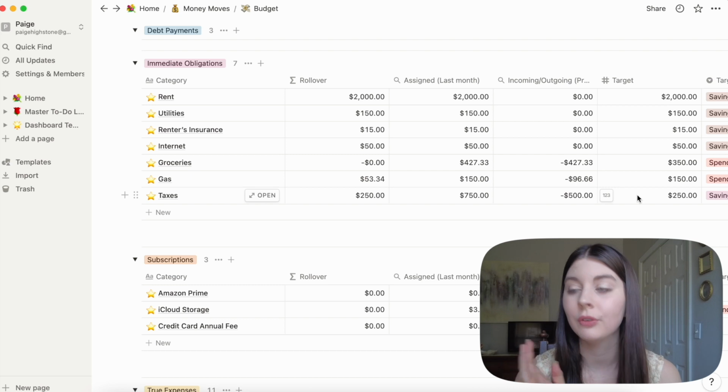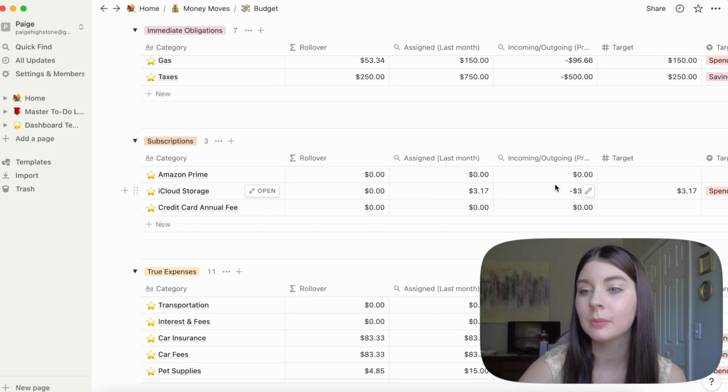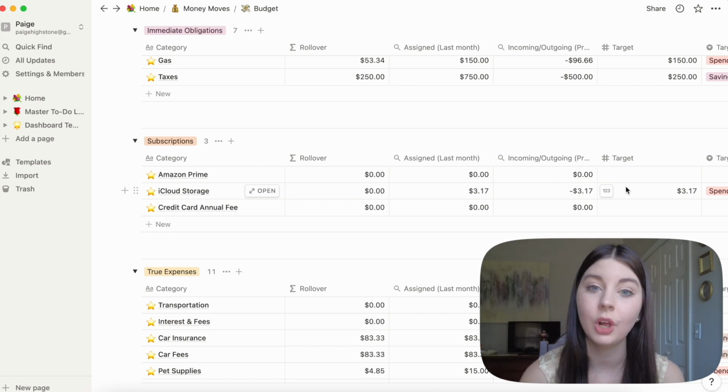And then part of that went to our federal taxes. So that is it for immediate obligations. Then if we look at subscriptions, the only subscription I have going on right now is this iCloud storage of